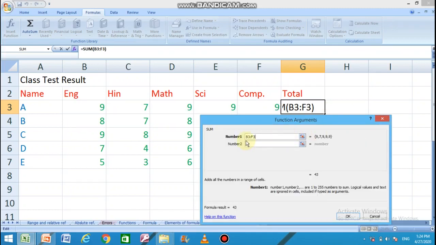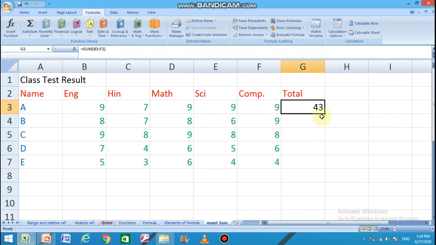You can see the values you selected were actually in a range that is from B3 to F3, B3 colon F3, where colon represents a range. Now just click on OK button and your result is there.